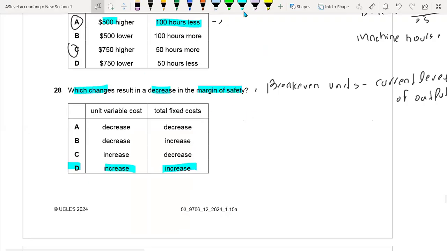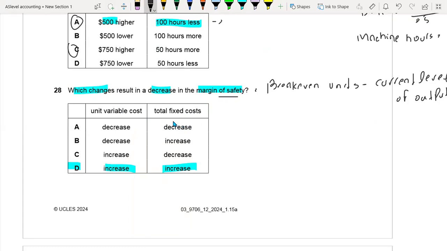In question number 28, which changes result in a decrease in the margin of safety? Margin of safety is the difference between actual or expected sales and the break-even sales. It indicates how much sales can drop before the company reaches its break-even point. To understand how changes would affect the margin of safety,